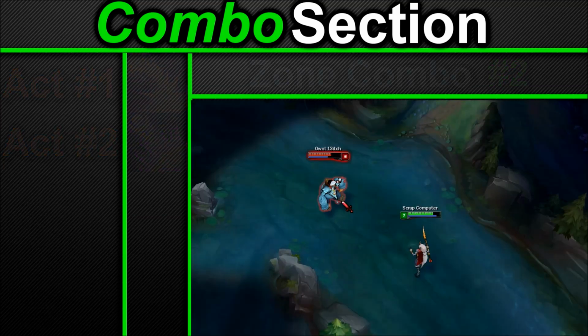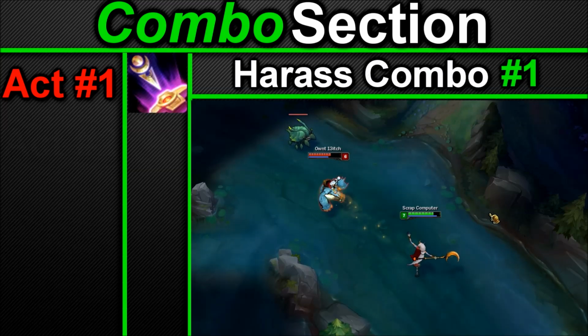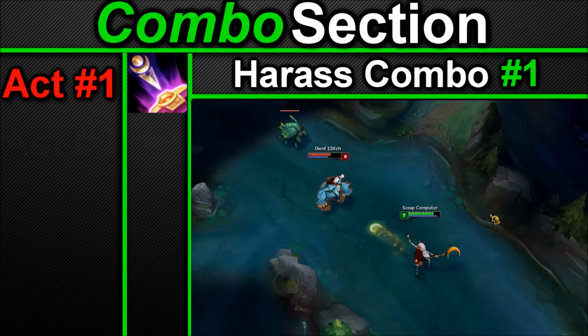Harass combos. Harass combo number 1, auto attack. Soraka has 550 auto attack range. Harassing with auto attacks is vital. She only has her Q besides this as a long ranged arsenal, so you have to auto attack. If you've ever watched any high level Soraka player, what do